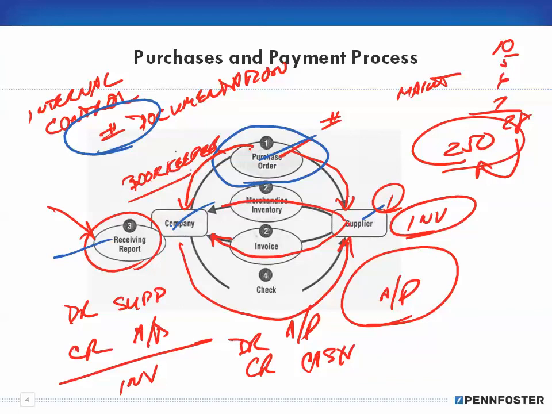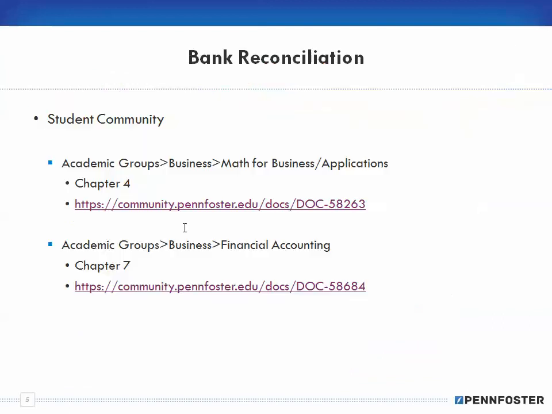If there's a missing purchase order, then that's a possibility. It allows for the possibility of theft, which they don't want to occur. Okay, so that's purchases. Now I'm going to move on to, and I'll quickly cover the bank reconciliation here,